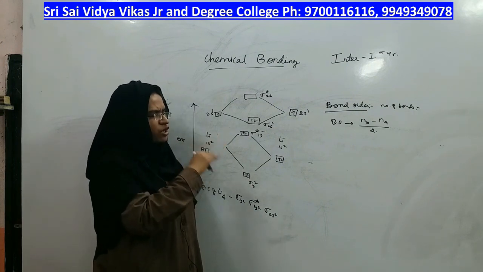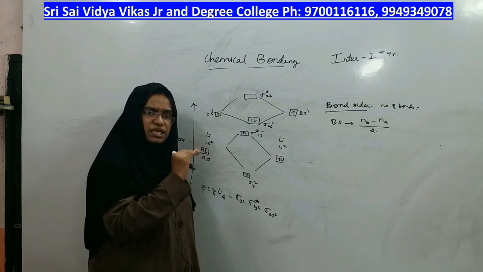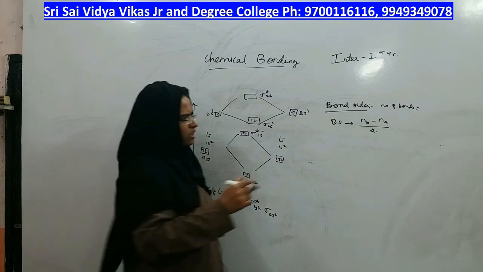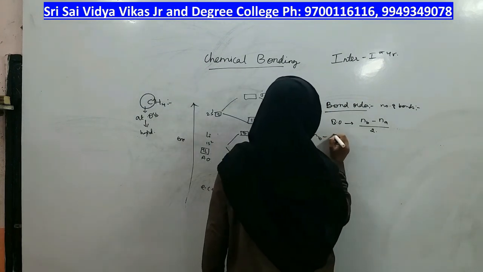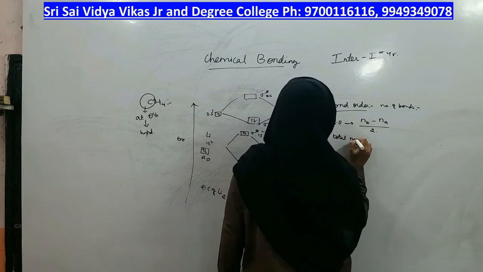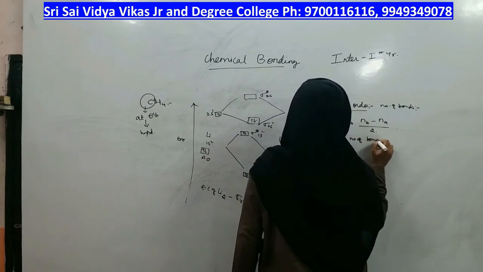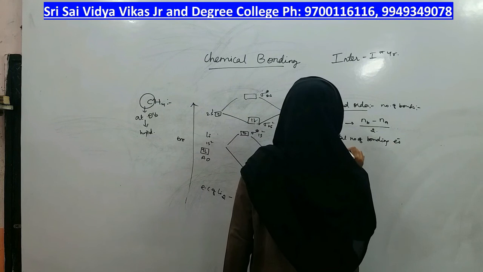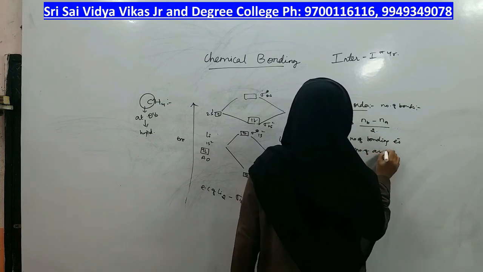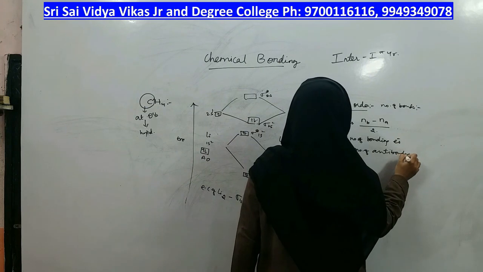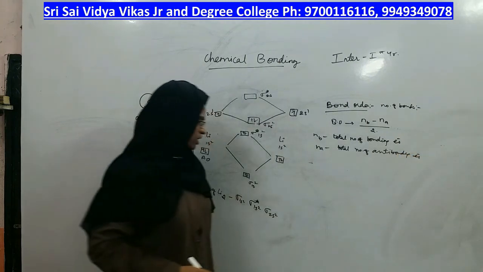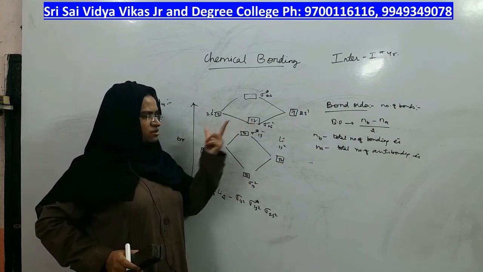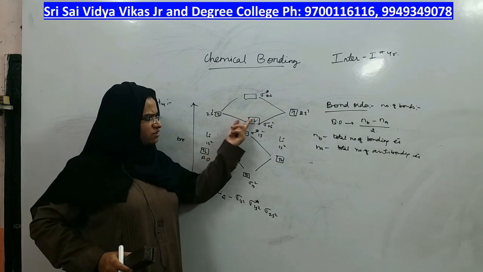That formula is for total number of electrons present in the bonding molecular orbitals minus total number of electrons present in the anti-bonding molecular orbitals. Let us write that: total number of bonding electrons minus total number of anti-bonding electrons. So, in lithium molecule, how many bonding orbitals are there? This is bonding 1. Next 2. Total 2 bonding orbitals in which 1, 2, 3, 4.